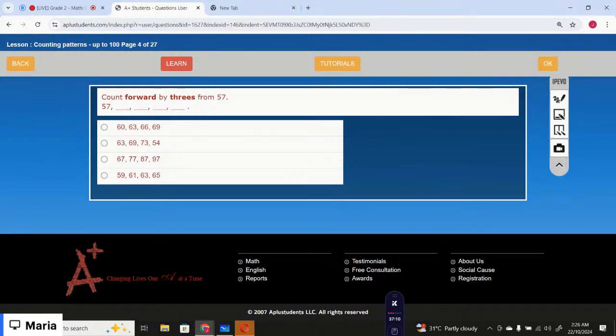Count forward by threes from 57. So, which is the correct option? Start with 57 and count forward by threes. So, which is the correct option? So, the correct option is,